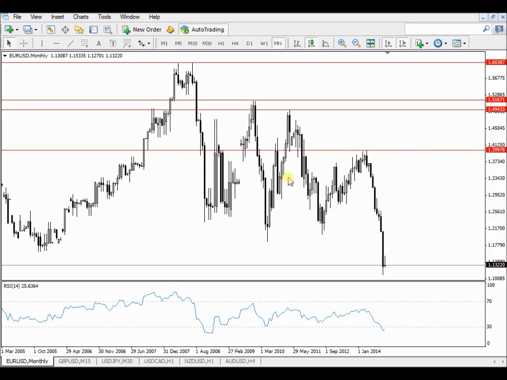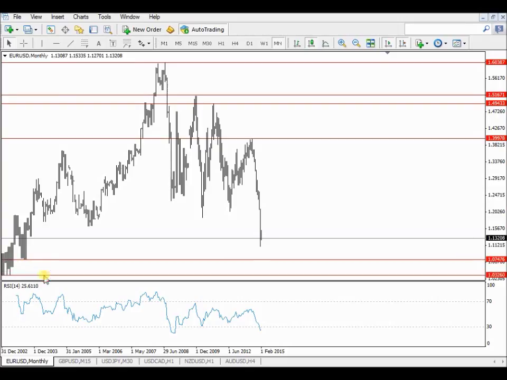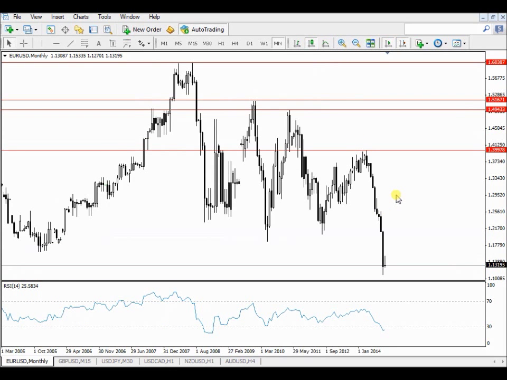Guys, if you look at this chart of the euro on the monthly chart, there is no support on this chart. If I zoom out and zoom in, there's the first support there. There's my first support here at 107.47. That is my first support, and this will be my second support. Alright, so if we zoom in again at this current chart, there is no support.